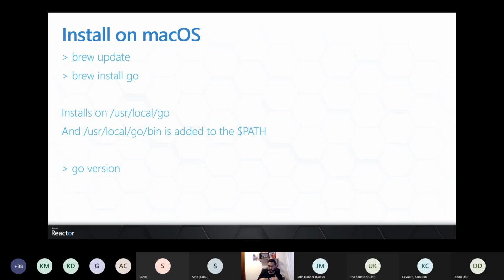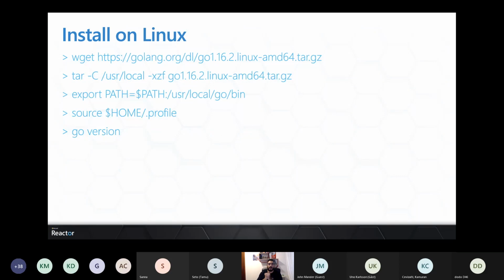We're gonna continue discussing these particularities about Go in a Mac environment. Then I'm gonna share with you the examples of how to install this on a Linux environment, and I'm gonna simply run these commands.